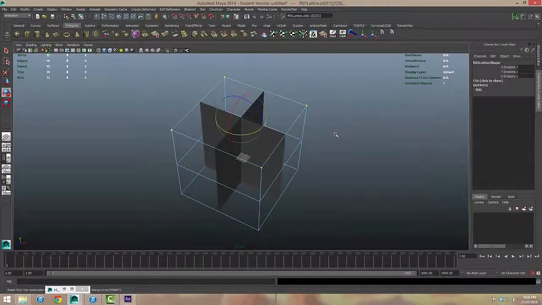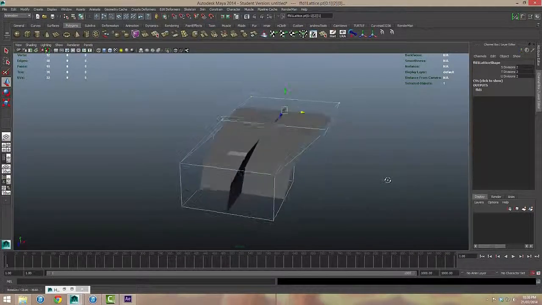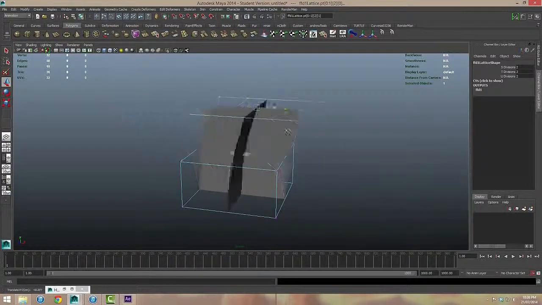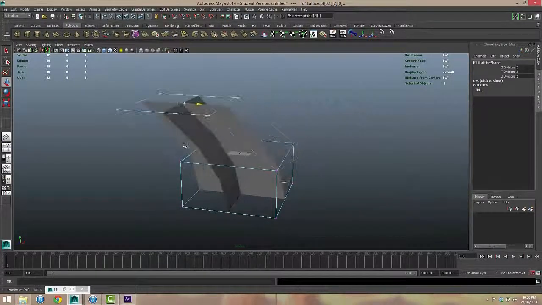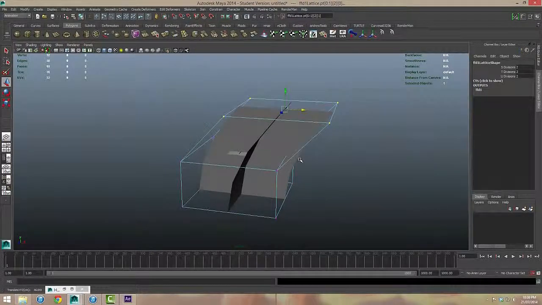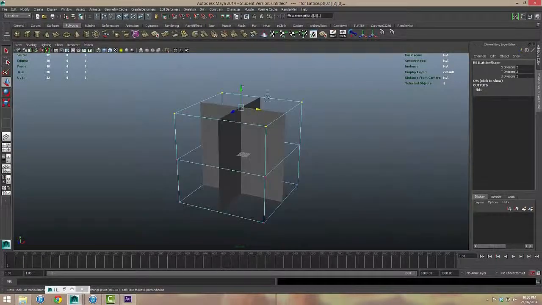And if I hit W on the keyboard, I can go to my Move tool, and I can actually move these points. You can see that as I move these points, it actually influences the mesh, and the mesh is kind of constrained to the lattice cage, so it deforms, and you can almost see the basics here of our blowing grass. So what I'm going to do to handle these lattice points more efficiently, with just the top